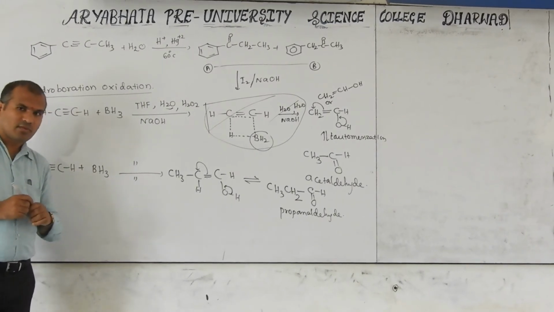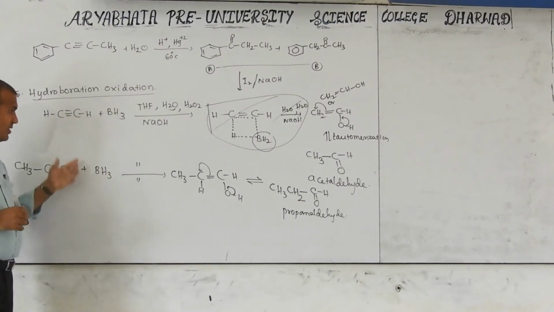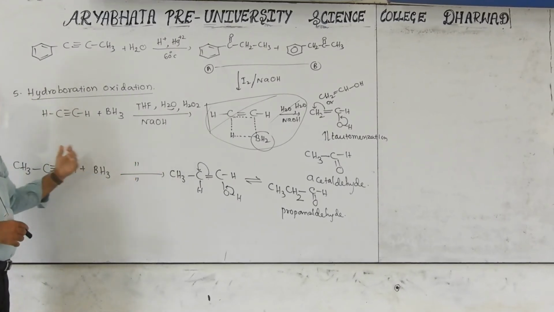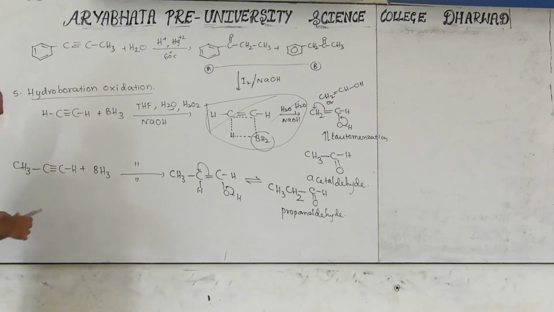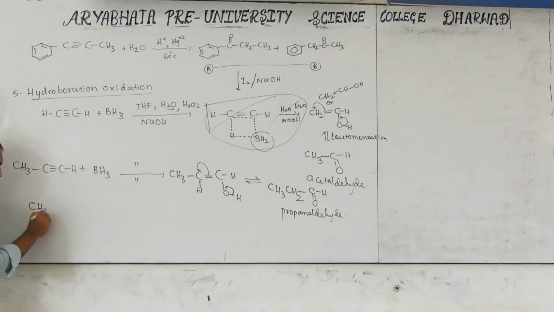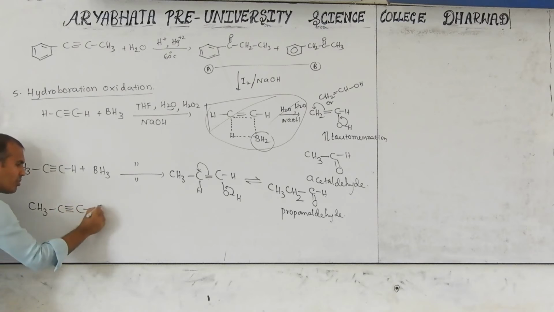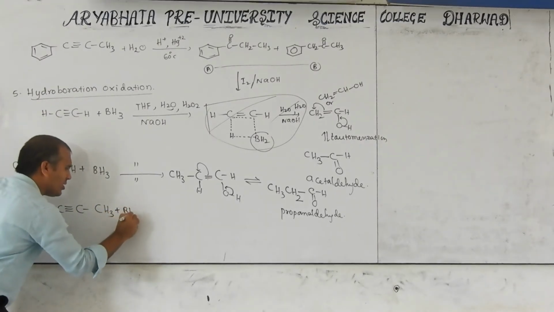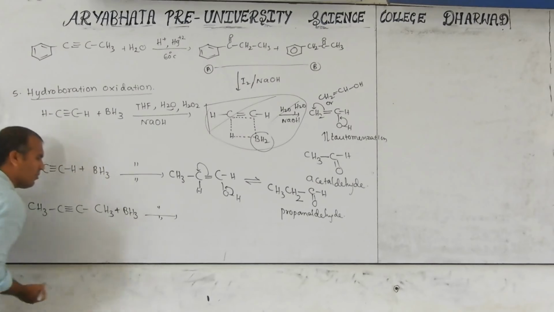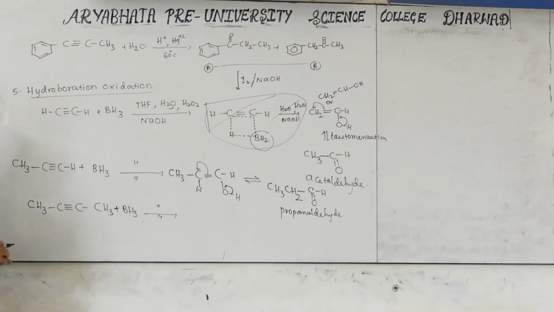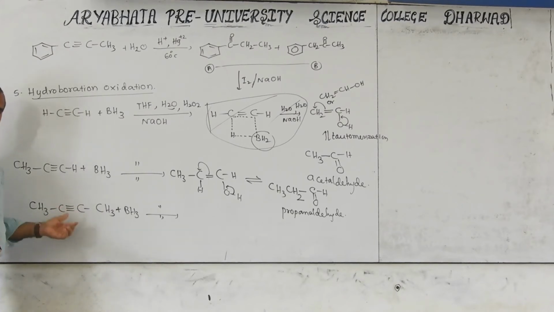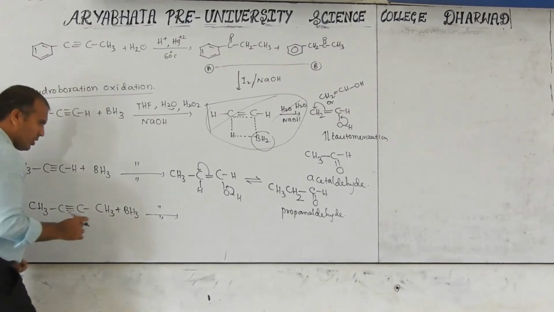Then you may ask the question: will we get any ketone? When do we get a ketone? When it is not terminal. This is a terminal alkyne, which means the triple bond is at the end, maybe right side end or left side end. If you take an internal alkyne, it means the multiple bond is in the middle, inside. Now BH3 and this one. Here there is no Markovnikov or anti-Markovnikov because both sides are equal. It is symmetrical, anyone can add, no problem.